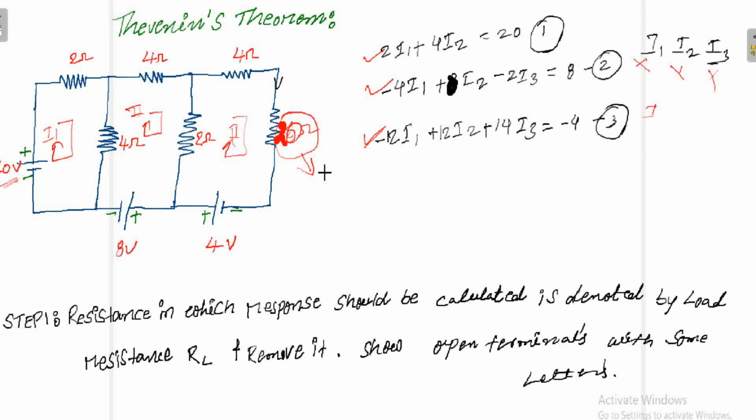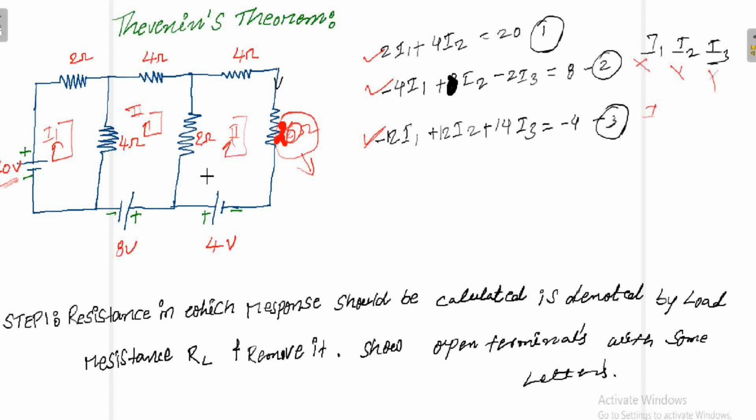That is nothing but we are taking choices. We are taking choices for load. If I consider this is a load, it is where you want to find the response. So we are taking choices. If there is a necessity of choice, if you follow the normal procedure